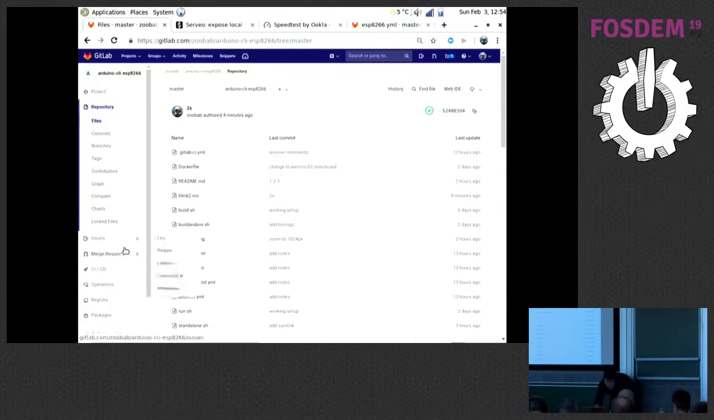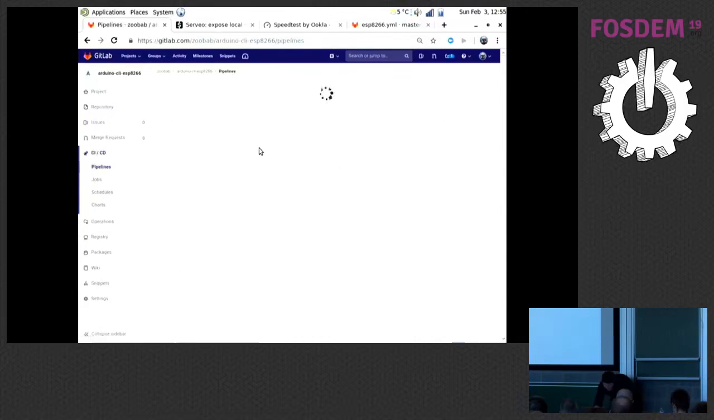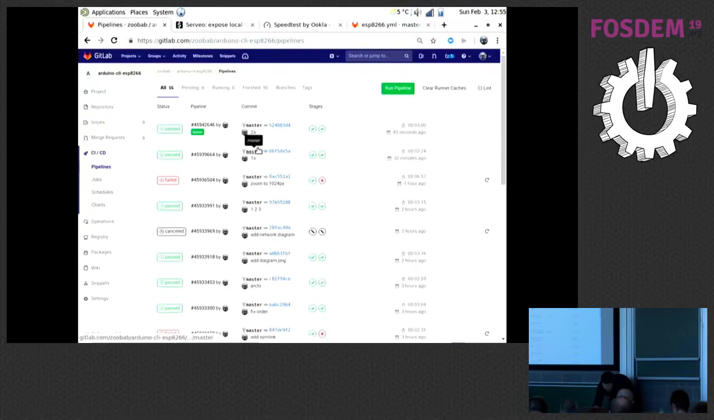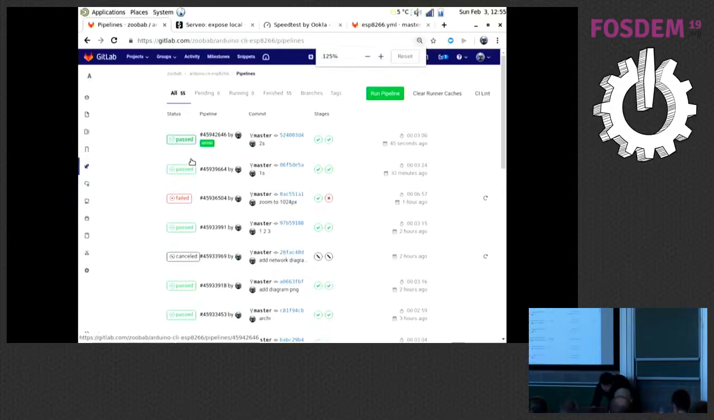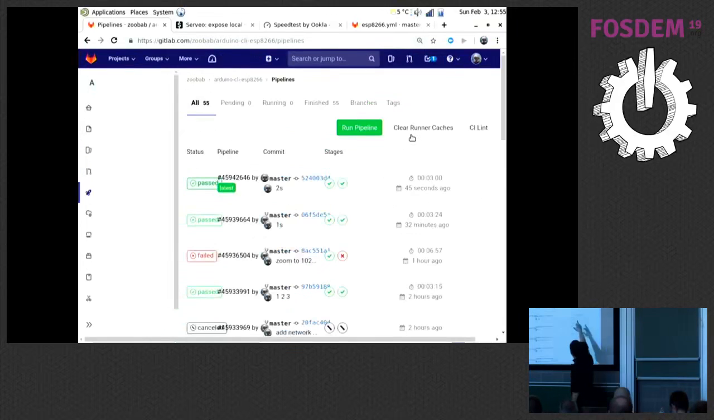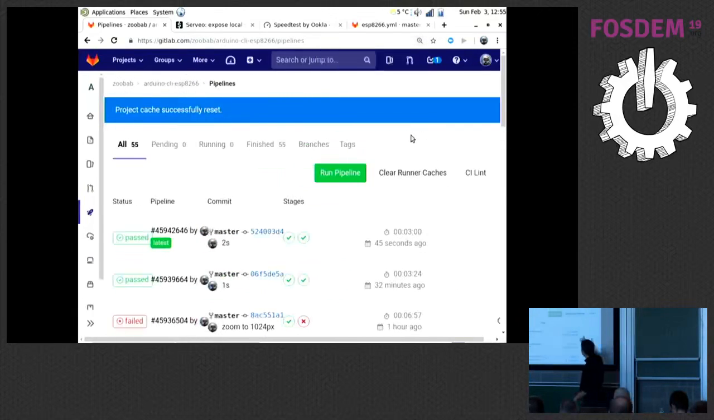So you could see in the CI that it has been flashed correctly. That the pipeline says passed. If I can zoom in. Oh yeah, here. And it took 3 minutes to complete. So this is definitely